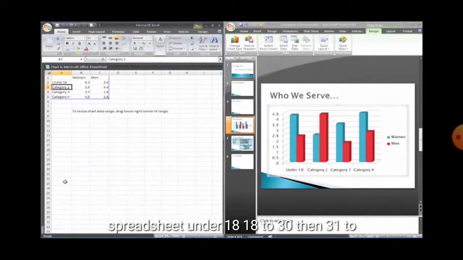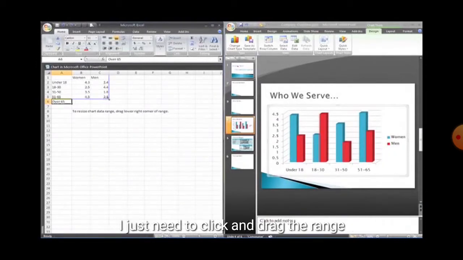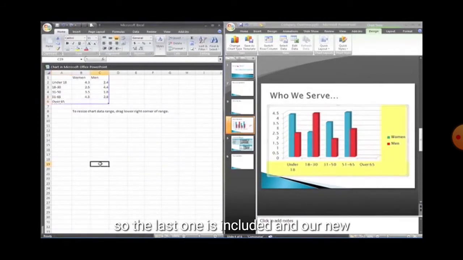And now we can change the categories: category 1 as under 18, category 2 as 18 to 30, category 3 as 31 to 50, and category 4 as 51 to 65. This way we show the age range in these terms. If you want to change some of the data, you can select the data and change the data value.